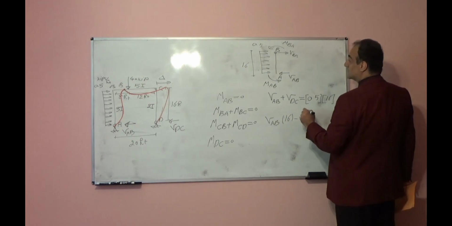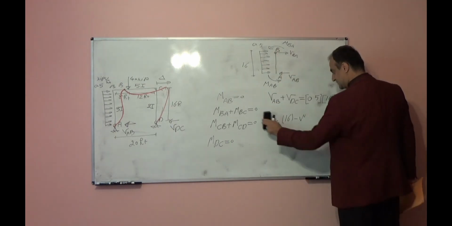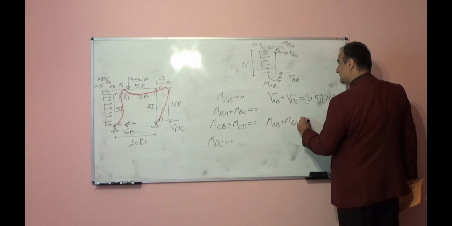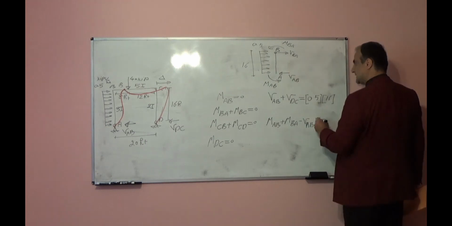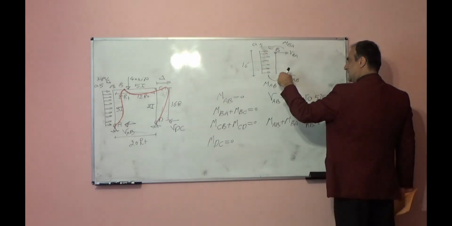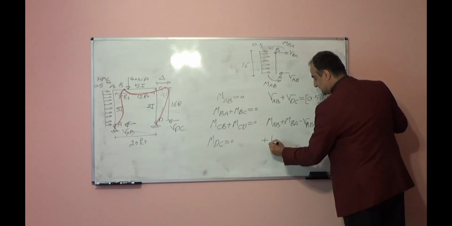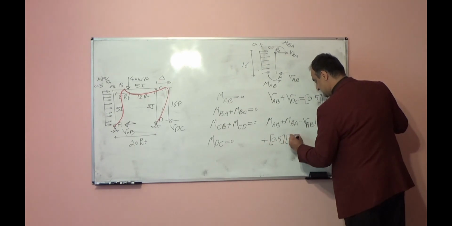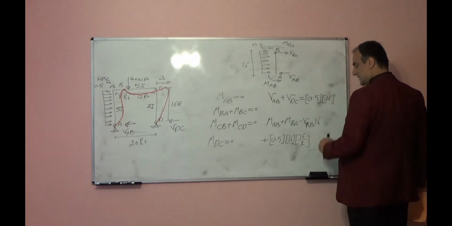MAB counterclockwise plus MBA counterclockwise minus VAB times 16 clockwise, so negative, plus half times 16 times 16 divided by 2. So from here I can write